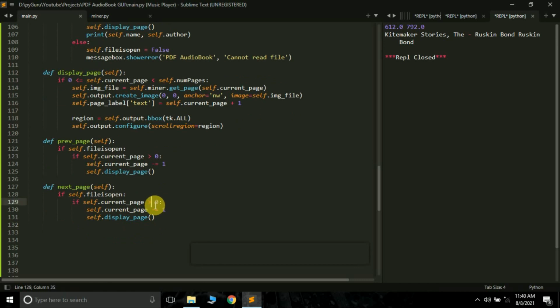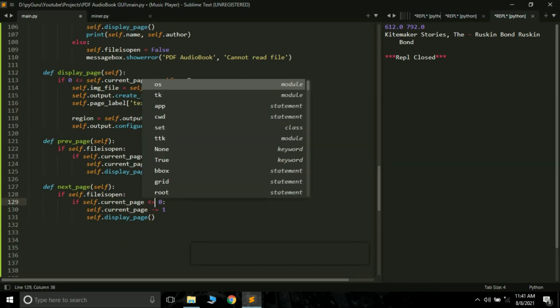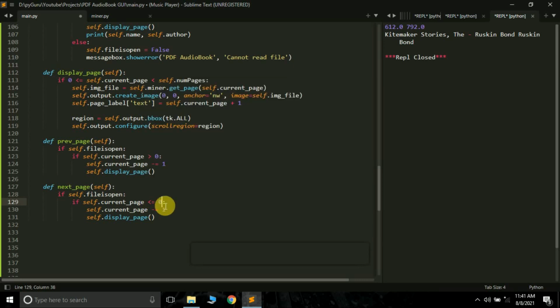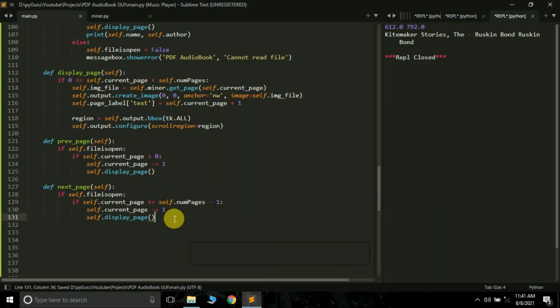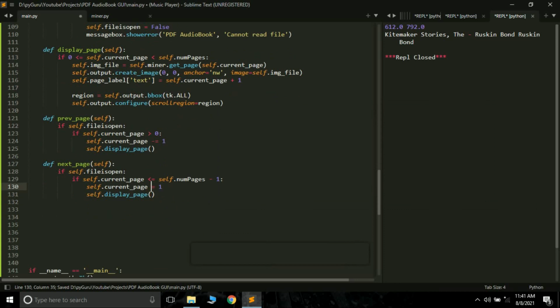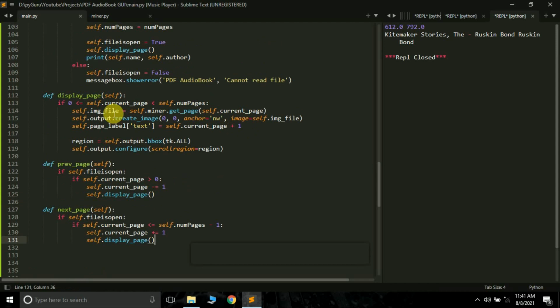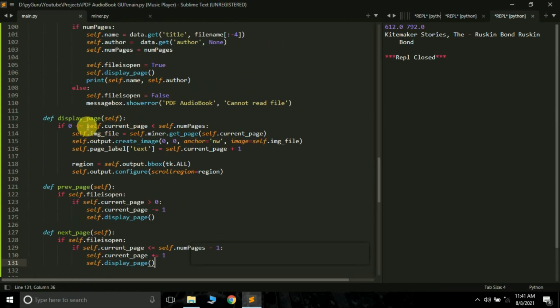So if self.current_page is less than or equal to self.numPages minus 1, it's the same as saying less than numPages, but I am doing this. To move to the next page, we just add 1, and then again call the display_page. Here we have updated the self.current_page and then we are calling this display_page.